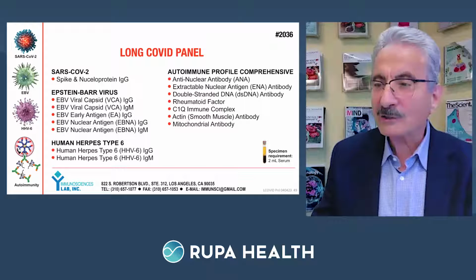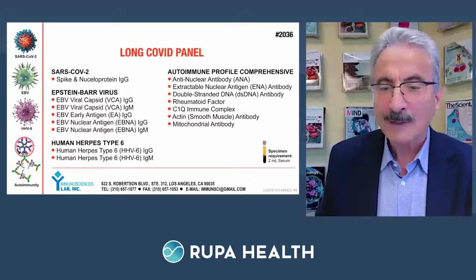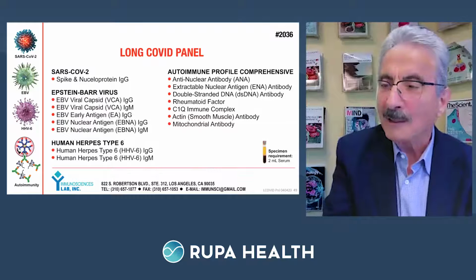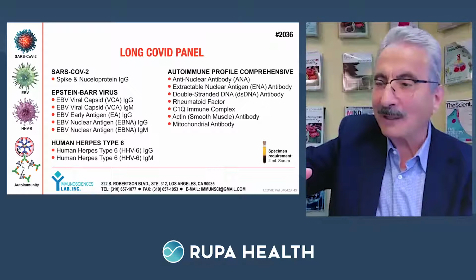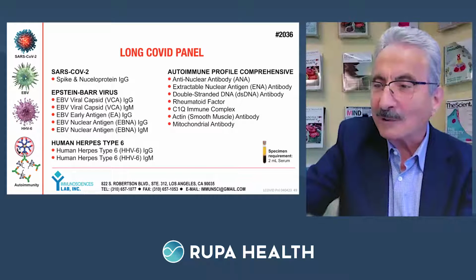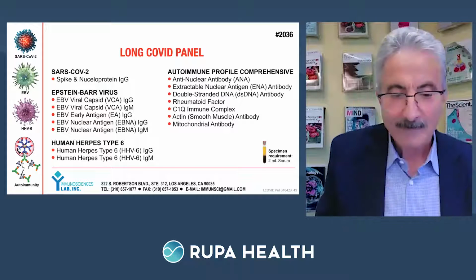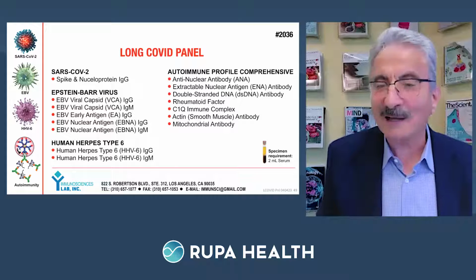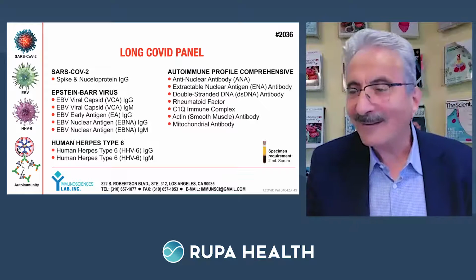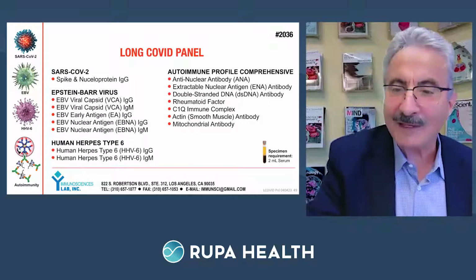right? We wash, we get rid of all unwanted proteins, antigens. The only thing left is spike protein bound to the monoclonal antibody. Now we come with the second antibody labeled with enzyme that binds to that spike protein, which is bound to another antibody in the test tube. And because that is labeled with an enzyme, we add substrate, and substrate with enzyme gives a color. Intensity of the color will be equivalent to the level of the spike protein